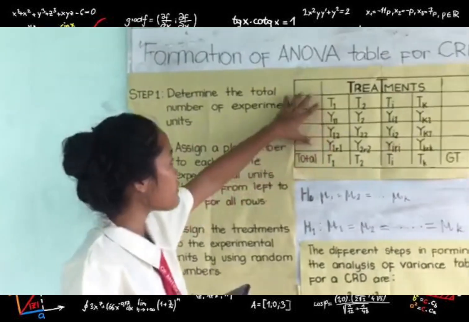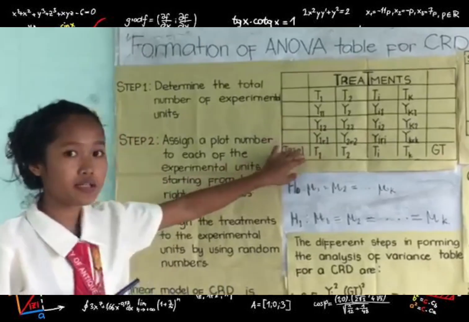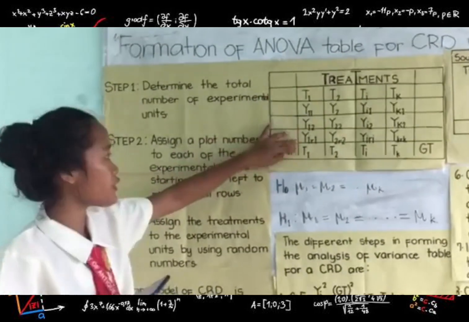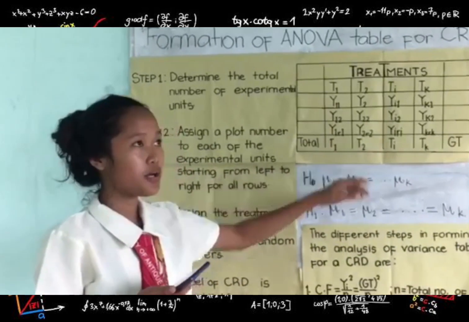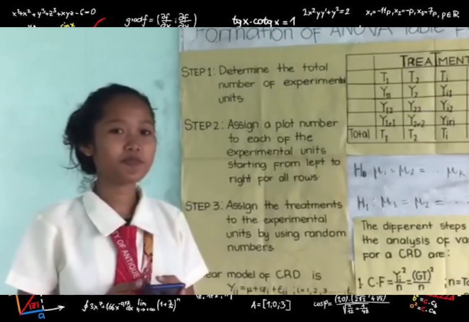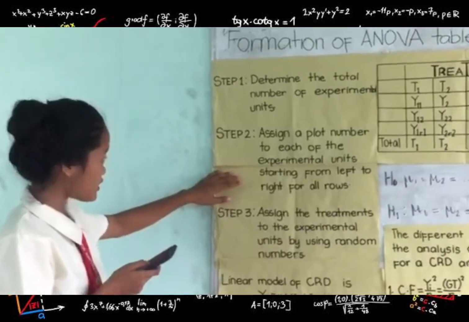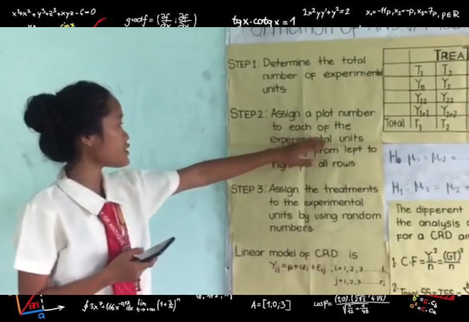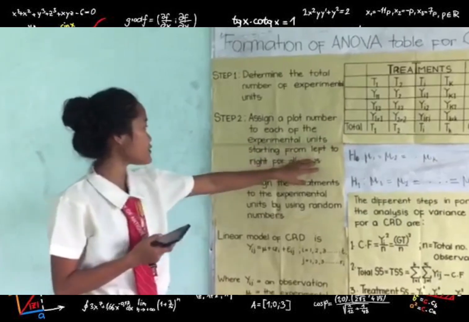For example, we have 4 treatments, then we have to replicate them 1, 2, 3, 4, also 4 treatments. Now we have 20 experimental units. Next, we have to assign the lot number to each of the experimental units, starting from left to right,